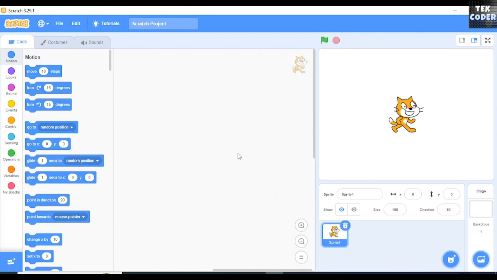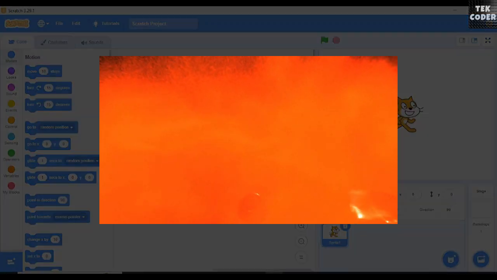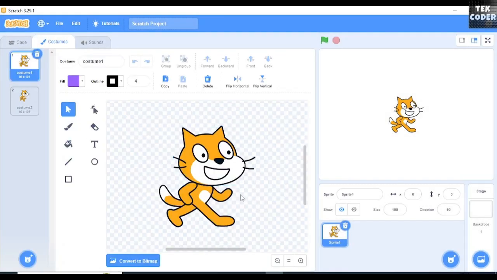In this video, I will be showing you how to make a painting application in Scratch. So let's get started. So for the basic painting,